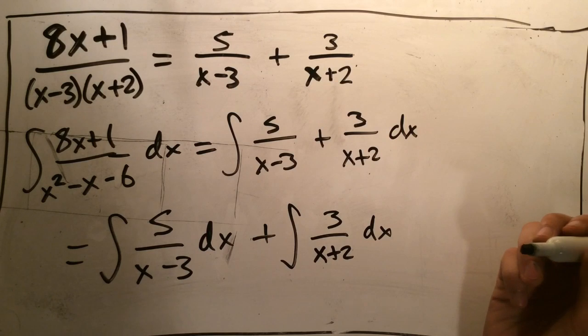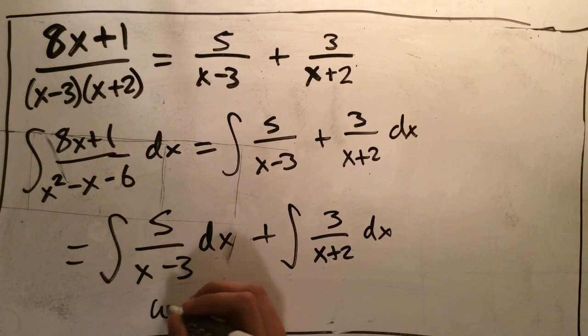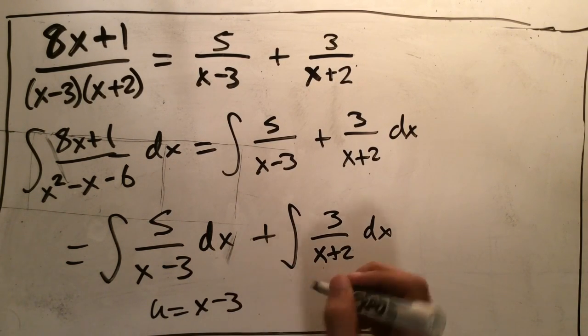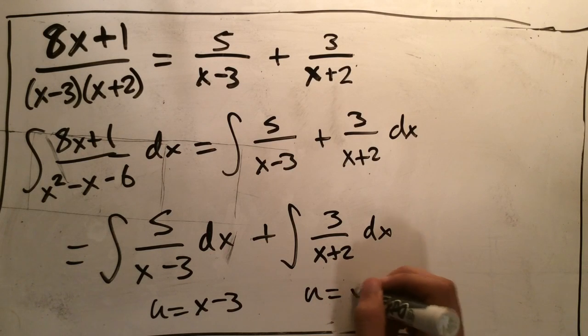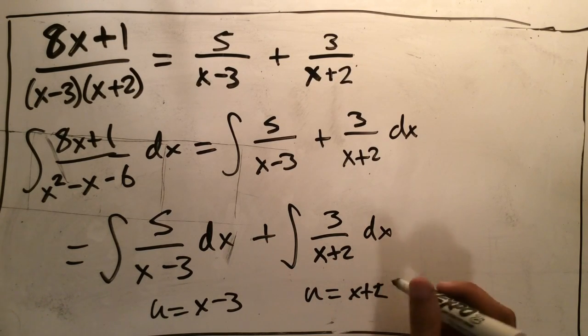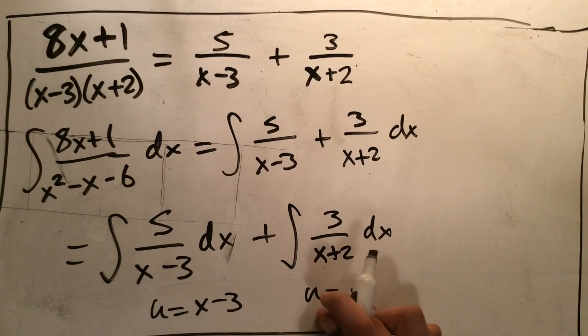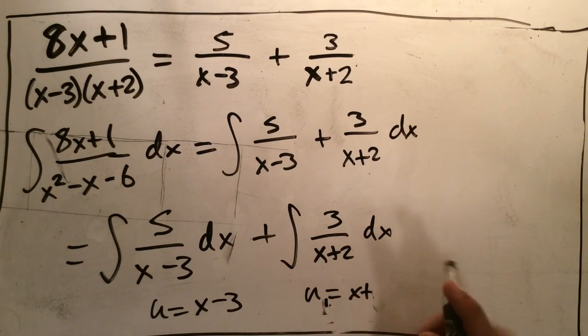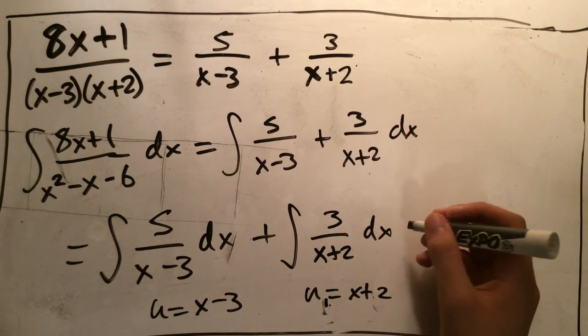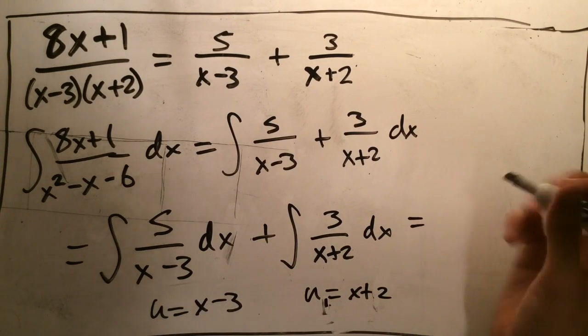And then using our basic u subs, you have u equals x minus 3 and u equals x plus 2. Well, actually I'd have to use a different kind of u because they're two separate problems. So u1 equals x plus 2 here, and then eventually you'll end up with